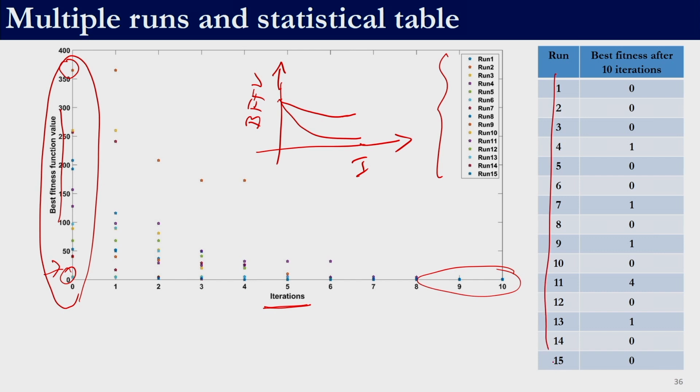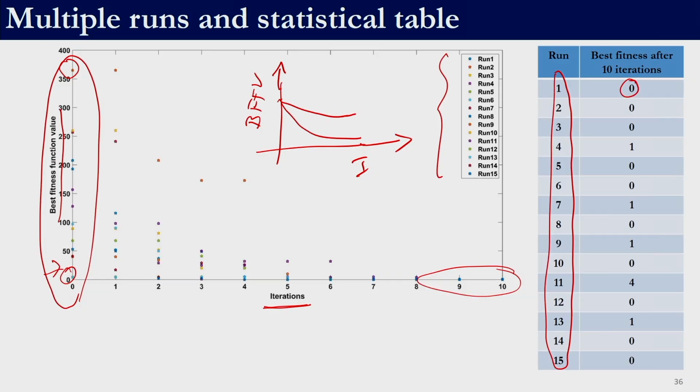So, that is what is in this column, all the 15 runs, and in each run we find out what is the best solution that was obtained after the completion of the required number of iterations. So, let us say for run 1 I had to do 10 iterations, I completed 10 iterations, and at the end of 10 iterations I have a population, the best value in the population. That is what we used for plotting the convergence. So, that best value is taken over here. Same thing for run 2, run 3 and so on.